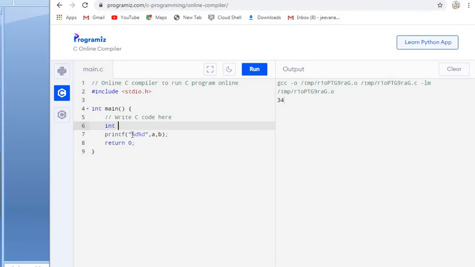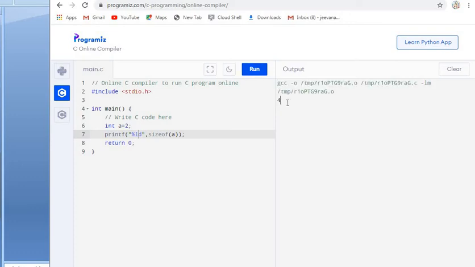Okay, integer a is equal to 2, printing with %d the sizeof a. When I run this, okay, let us take long integer. When I take long integer, we can take large numbers.